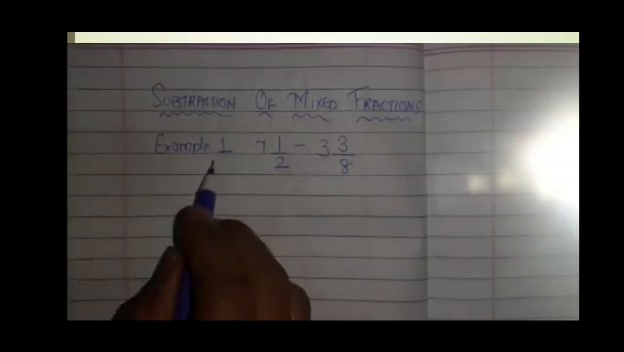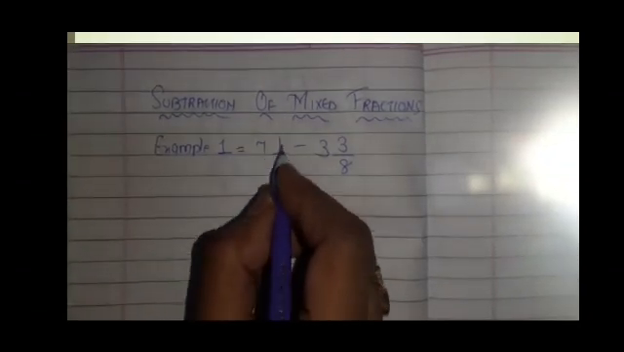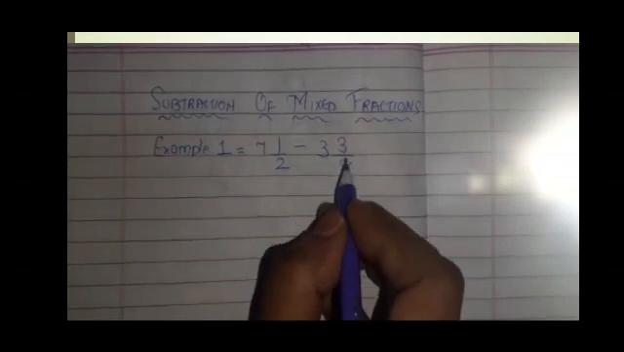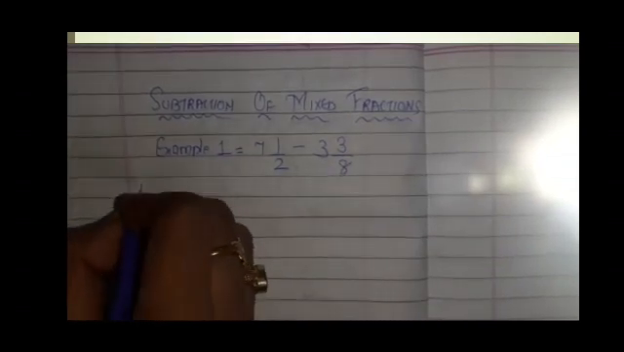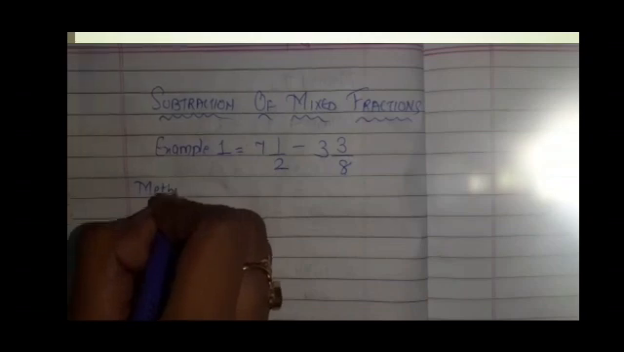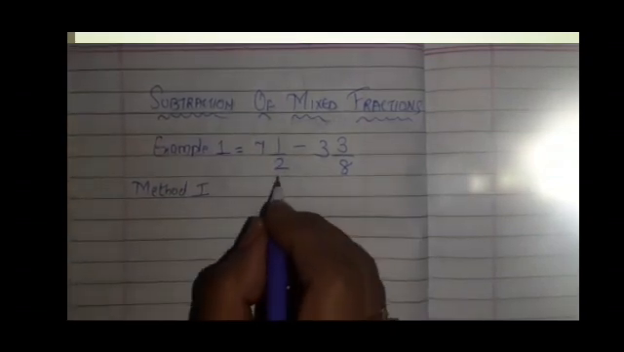Now subtraction of mixed fractions. Example number 1: 7 1 upon 2 minus 3 3 upon 8. Now children, this also we will be doing by two methods. First, without converting into improper fractions. So here what is the first step? We have to